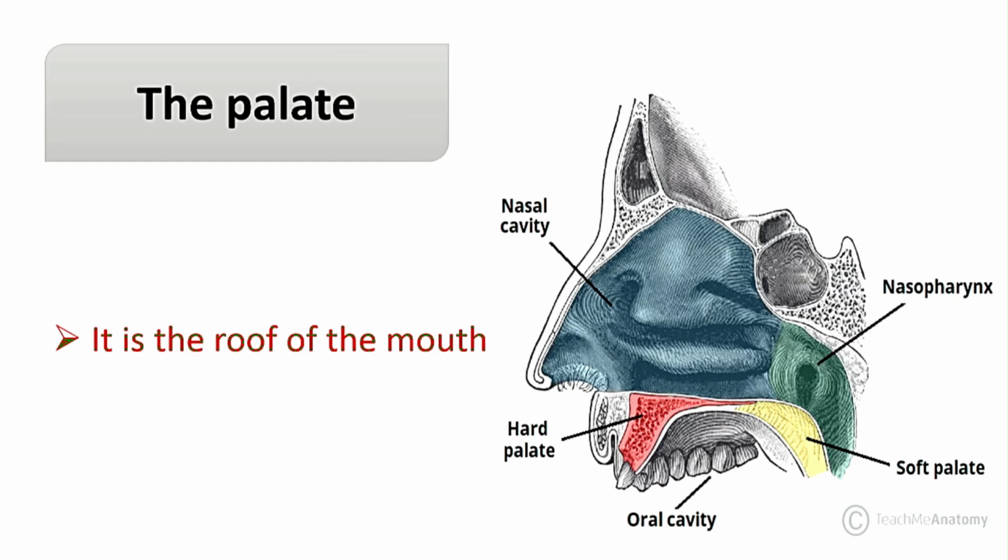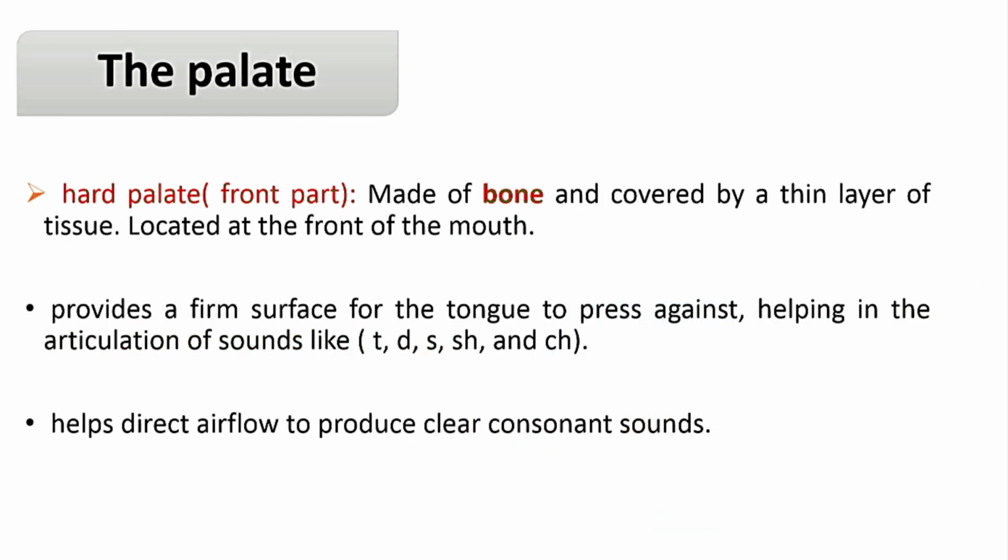Here we have the second one, the palate. What is the palate? The palate is the roof of the mouth. We have two types of palate. The hard palate, the front part, made of bone and covered by a thin layer of tissue, located at the